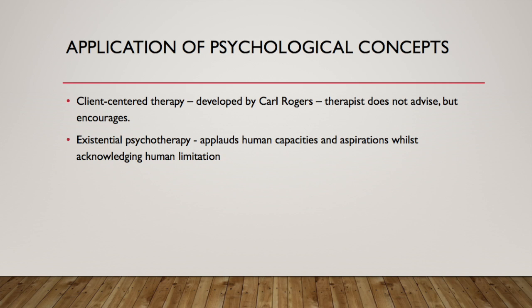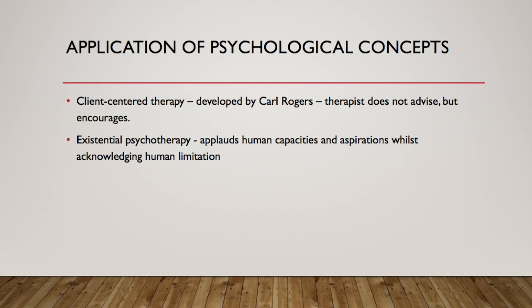Client-centered therapy is a form of psychotherapy that was developed by Carl Rogers. The assumption is that the client is best able to deal with their personal problems, and the therapist is best to offer a non-directive approach that does not advise the client, but instead encourages them to explore and work themselves out. This form of psychotherapy involves sharing ideas, listening, and thinking together, as well as seeking and giving feedback. In Susan's case, her friends and family have supported Susan with exercise, and according to Rogers' theory, it is Susan's duty to explore and work herself out in order to lose weight, which is what she intends to do.